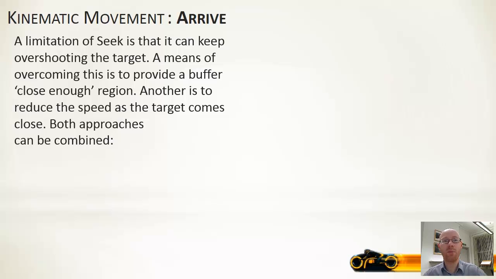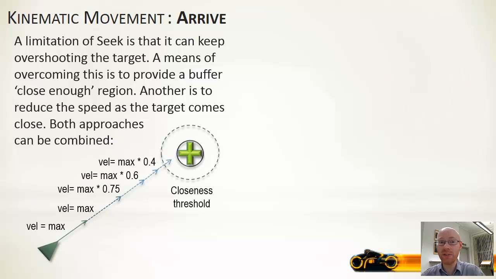The second change we'll make is that as we get closer to the target, we'll slow down. So it doesn't immediately go to it and then just slam on the brakes. Rather, it approaches it, slows down, and then stops whenever it reaches our target zone. So an example here where initially we might have a maximum velocity when we're far away. As we're getting closer, we'll start scaling the velocity down, slower and slower and slower, until we get within our closeness threshold, and we'll at that point have decided that we're sufficiently close to the target that we can just